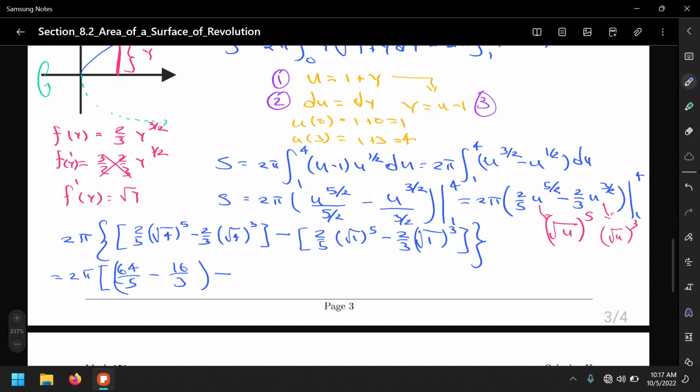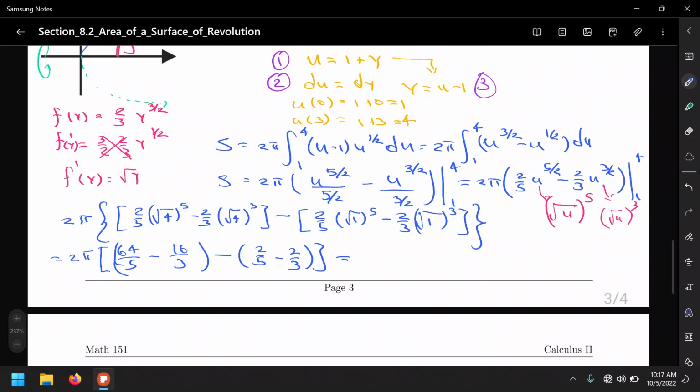And then minus, okay, so that's simply 1 and 1, so that's 2/5 minus 2/3. And well, simplifying this result should give us, well, I thought I had the result on me, I'll have to do it on my own. So